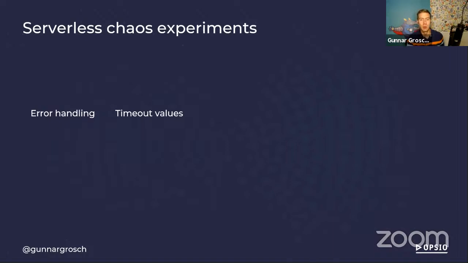With the functions we use and dependencies in other, in this case, Azure services or third parties, we want to get our timeout values right. In many cases, they are correct, at least in the steady state. But what happens to our timeout values if there are issues, for instance, latency? And with event-driven architectures becoming more and more common, how we handle our events is key to having a resilient and reliable system. So are we queuing events correctly? What happens to events in case of service failures?